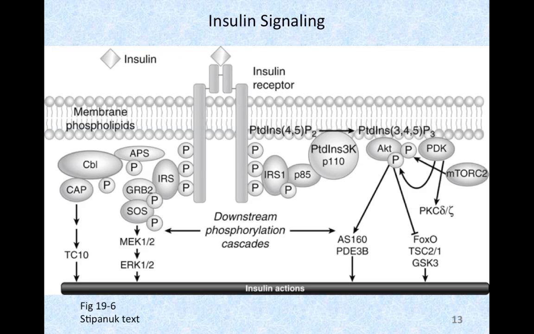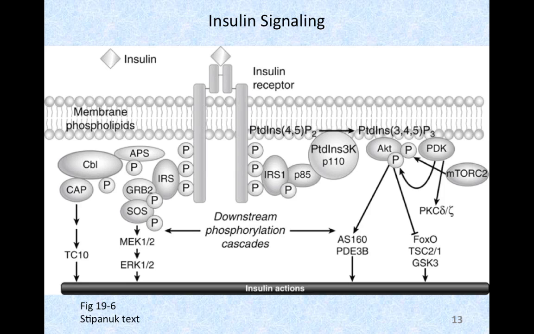So here's a little bit more on insulin signaling. I'm just going to add a couple more parts to this. So remember, almost every cell in the body has insulin receptors. Insulin binds to the top portion of this receptor, the alpha subunits. That causes a change in the beta subunits. The subunits are actually going through the membrane into the cell, and the receptor autophosphorylates, and tyrosine residues are phosphorylated,